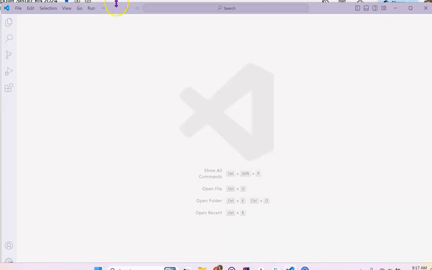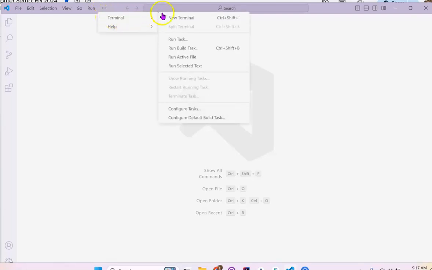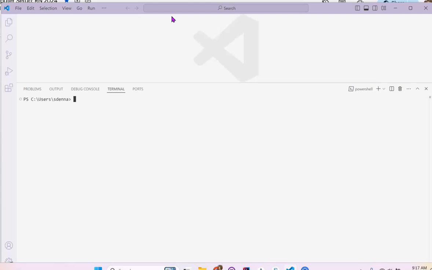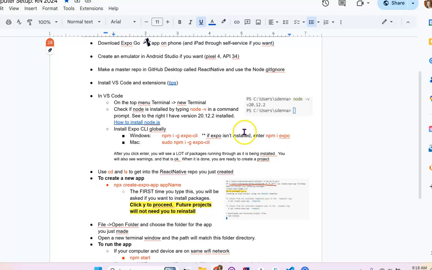So for starters, we need to open up a command line window. So if we are in VS Code, remember that this overflow menu up here, the three dots, that's just where everything goes if it doesn't fit. We're going to go and open up a new terminal. And then from here, we need to run this command. So I'm just going to copy this